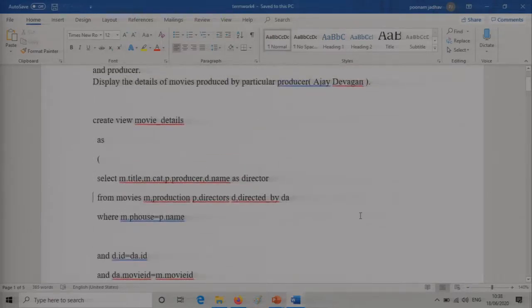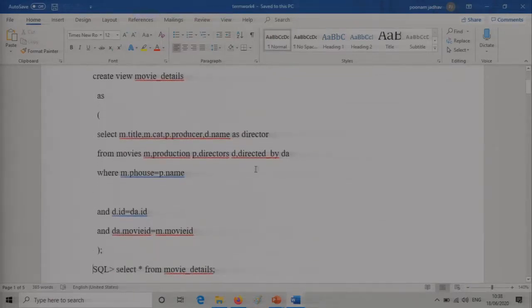So can you just read what the create query is here, or should I take you back to the Word document so that it's more visible? It's a little bigger font there. So can we just look at the create view query? Now what does it say? The syntax simply goes like this: create view, because we are creating. Like create table, table name, similarly create view, view name.